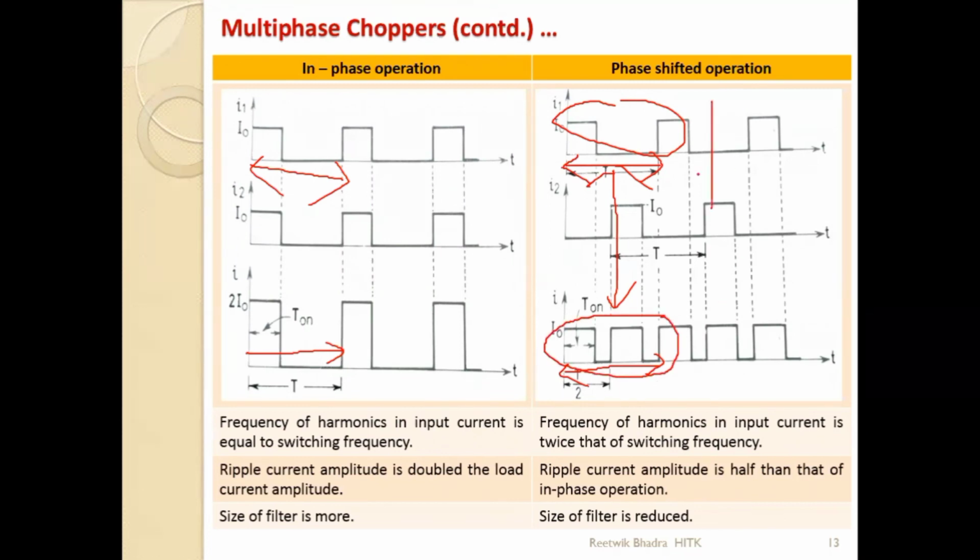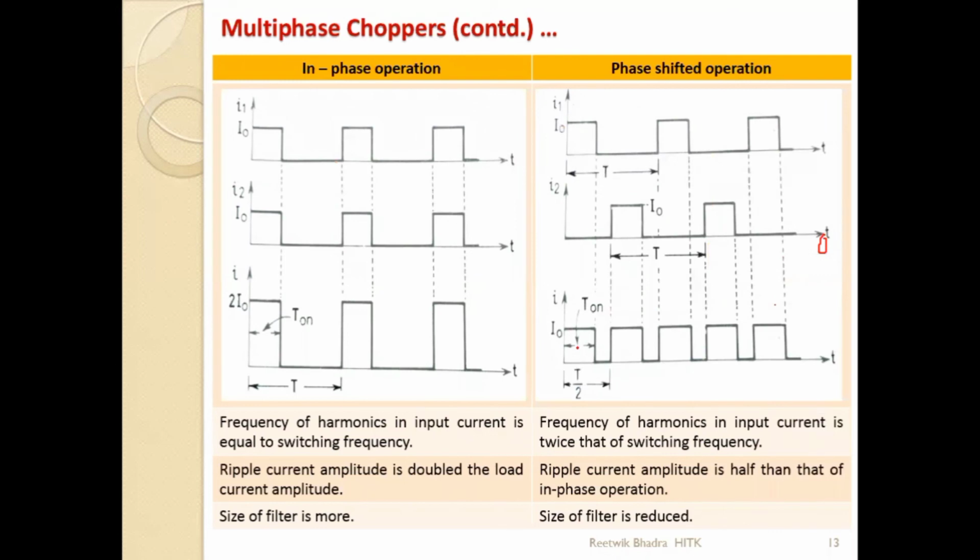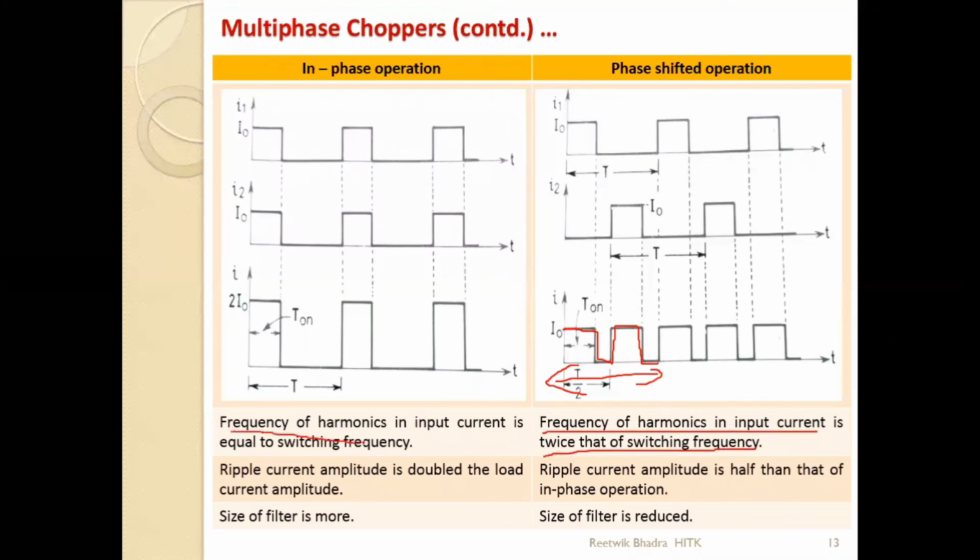If you think of a rectifier, if I take a full wave rectifier, this is my sine wave and my output is this one. If this frequency is 50 hertz, what will be the frequency of this? 100 hertz. That is what I am telling you. So over here, since in one complete cycle of your switching frequency there are two cycles of your input current, the frequency of the harmonics in the input current is twice the switching frequency, whereas this is equal to the switching frequency.